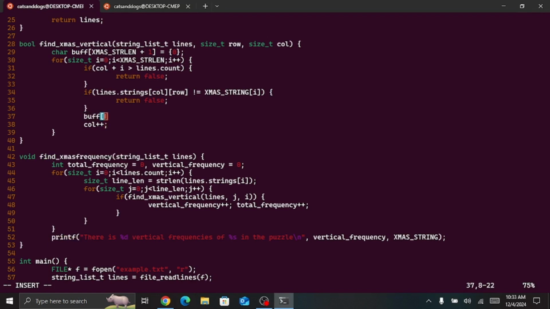So we're just gonna say buffer at index I, guys, is equal to xmas underscore string at index I. No, this should be lines dot strings column and row, guys,